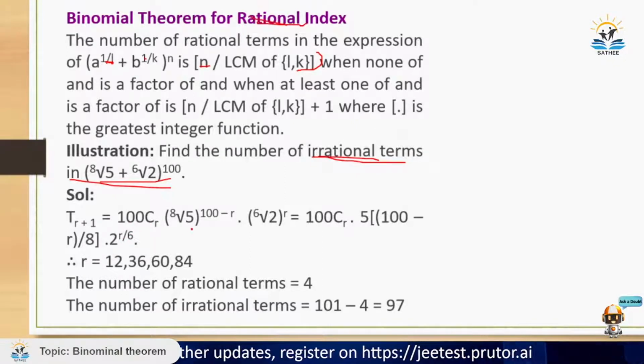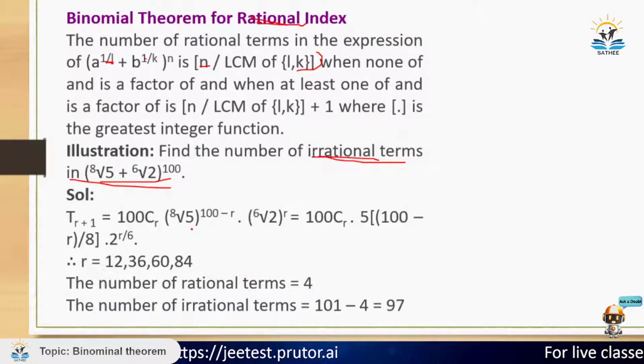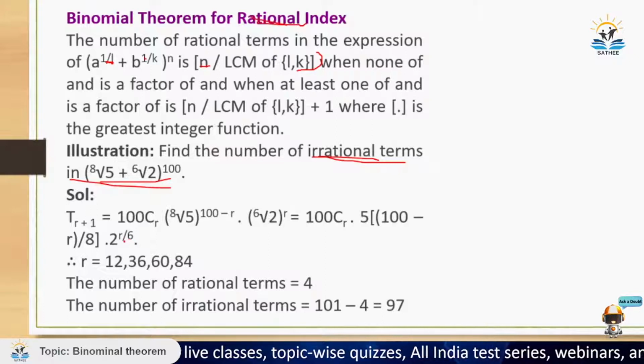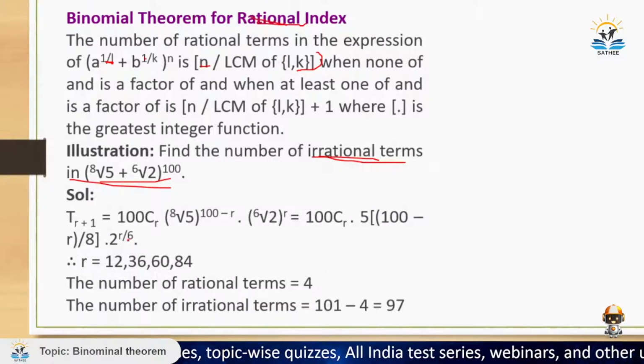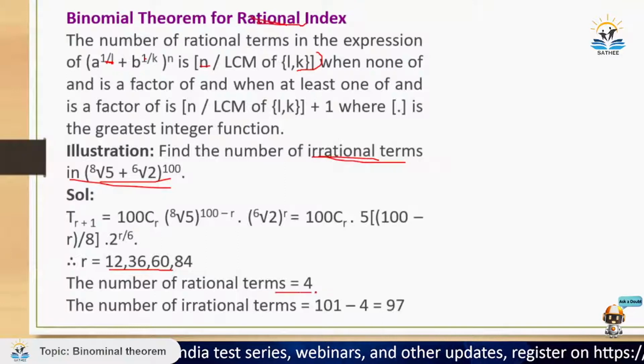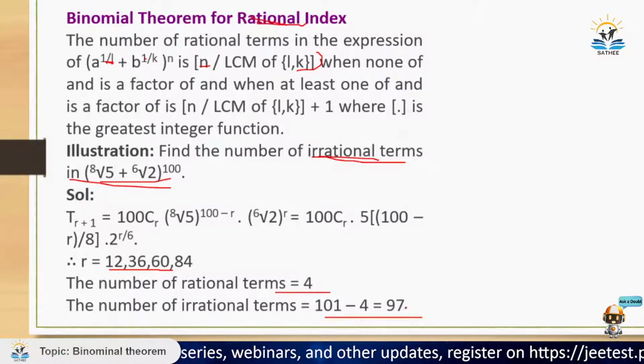सो बेसिकली इरेशनल टर्म्स बताना तो मुश्किल होगा, मैं रेशनल टर्म्स कैलकुलेट कर लूंगा। अगर मेरे को नंबर ऑफ रेशनल टर्म्स मिलेगा तो मैं उसको टोटल टर्म्स से माइनस कर दूंगा। टोटल टर्म्स मुझको पता है 100 प्लस 1 होता है, सो टोटल टर्म्स 101 है। उसमें से मैं रेशनल टर्म्स कैलकुलेट कर लेता हूँ। रेशनल टर्म्स कौन कौन से होंगे? जब मेरे को ये 2 पावर समथिंग में समथिंग वैसा मिलेगा कि यहाँ पे 2 पावर समथिंग ऑड ना हो बेसिकली। तो r की वैल्यू जब 12 होगी तब 2 हो जाएगा, r की वैल्यू 36 होगी तब 6 हो जाएगा, r की वैल्यू 60 होगी तब 10 हो जाएगा बेसिकली। तो मेरे को वो वाले r चाहिए जिससे ये रेशनल बन जाए, तो मैंने रेशनल टर्म्स कैलकुलेट कर ली, उसको टोटल टर्म्स से माइनस कर दिया, तो मेरे को रेशनल टर्म्स मिल गए। ठीक है,